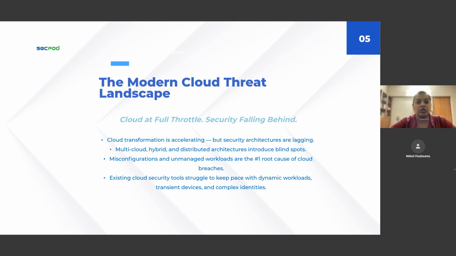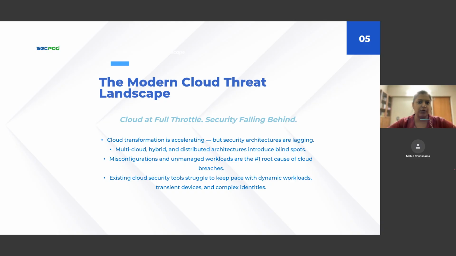This is exactly why the cloud is becoming the most exploitable surface in modern enterprise IT. For instance, take Capital One's breach: one misconfigured web application firewall led to over 100 million customer records being stolen. Or the more recent Uber cloud attack, where attackers used hard coded credentials in a script to move laterally across cloud services. Now, these aren't just one offs, they're symptoms of a much larger breakdown in how we secure the cloud itself.